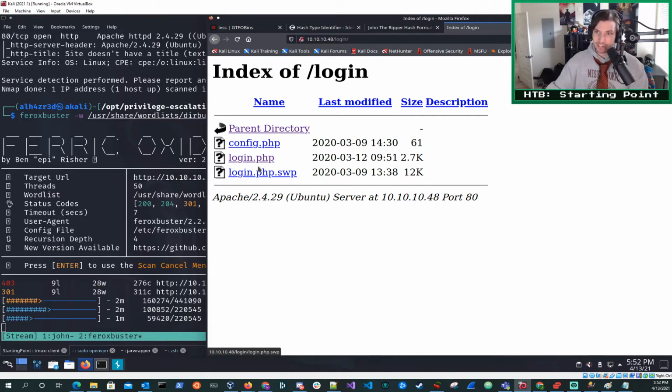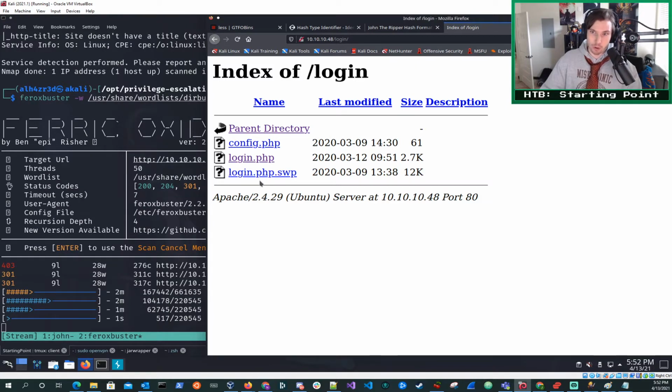This is interesting. You do see this in the real world. What is this? Woo-hoo, this is exciting. This is real world stuff. I've seen this before in the real world. This is a Vim file. When you have a file open in Vim,